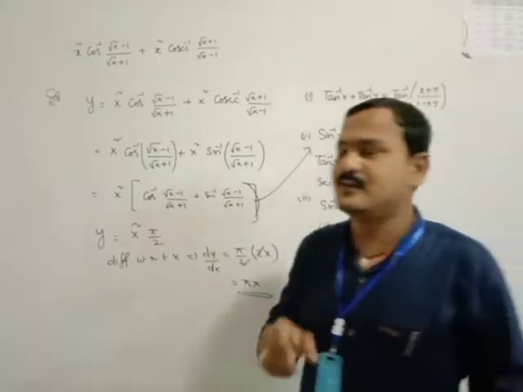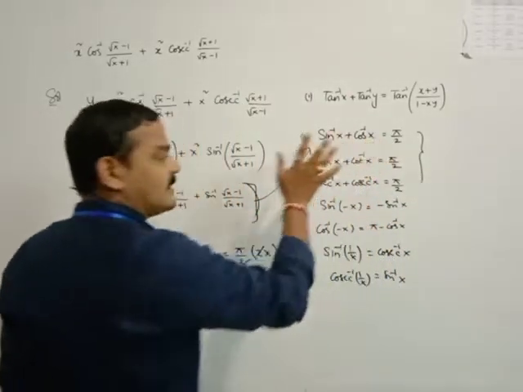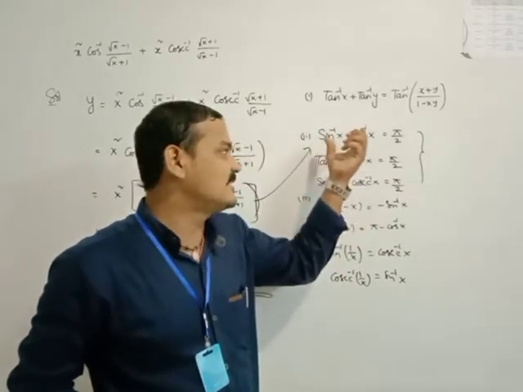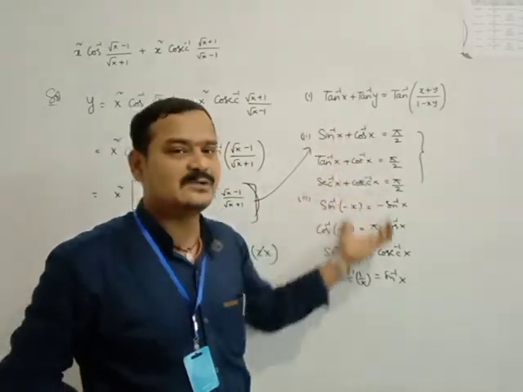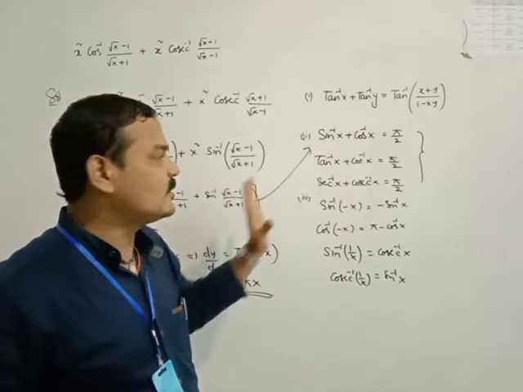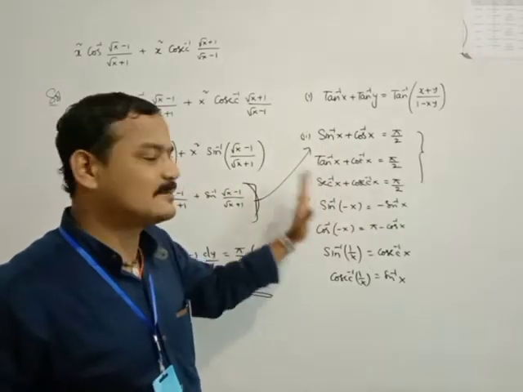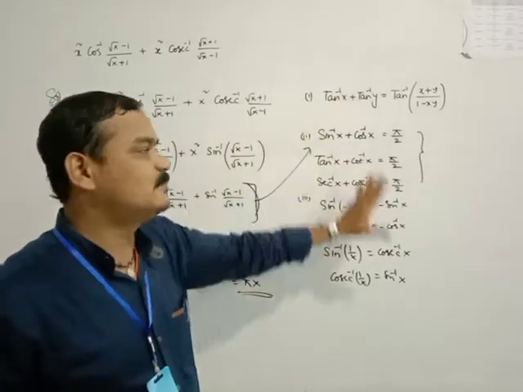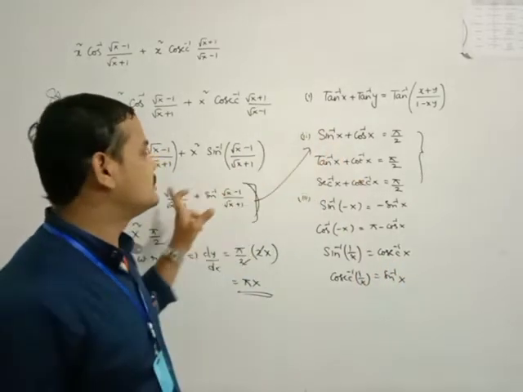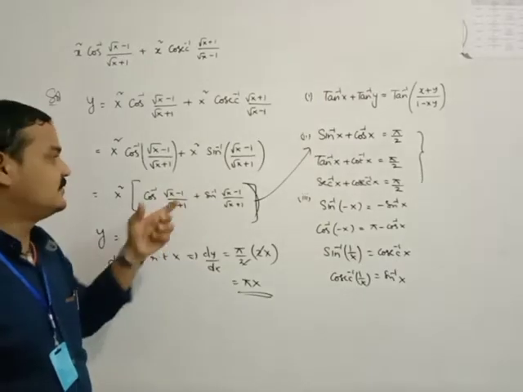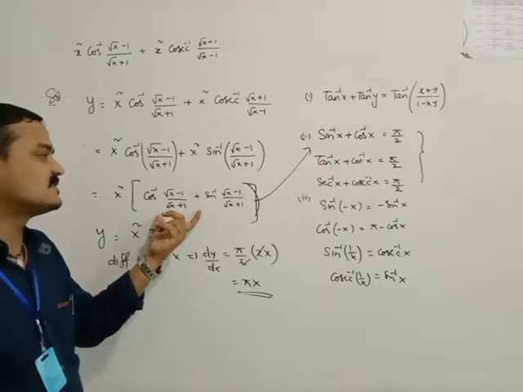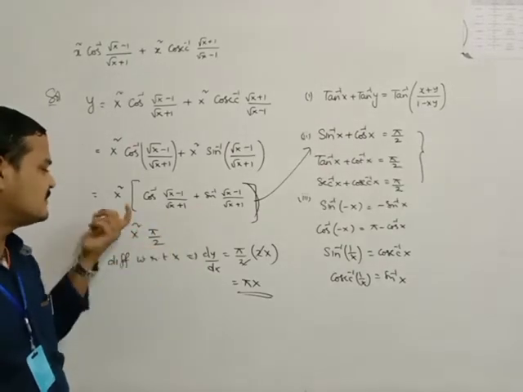But if you know this formula very well, differentiation becomes easy. I am only explaining the formulas in the first unit. When you teach inverse trigonometric functions, you can derive all these formulas. Here, what I am doing is only showing which formulas relate to the problems, with just a brief explanation. This is a very important formula that can be used here. If you cannot use this formula, it becomes very complicated. Sin inverse x plus cos inverse x is equal to pi by 2, and then it becomes very easy.